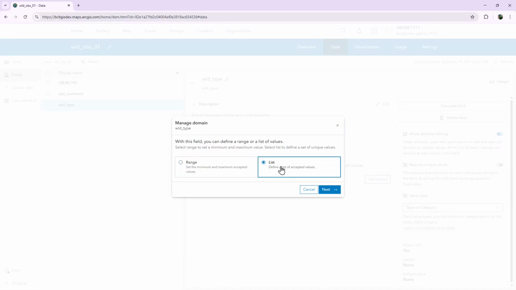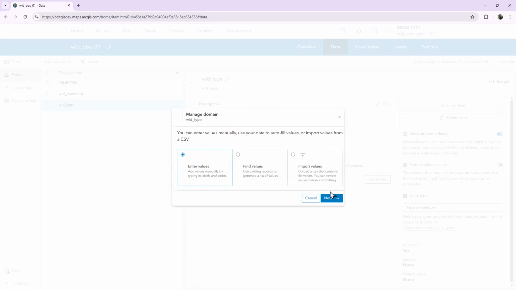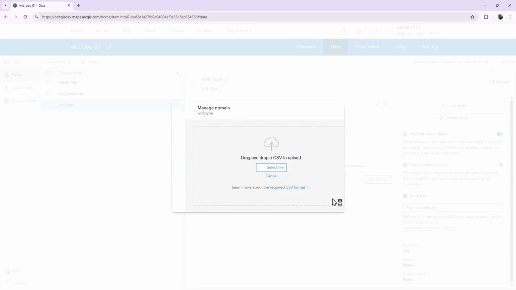So we want lists, or what we would call a coded value domain if we were on the desktop. In that, we're actually going to import them. I have a file ready to go. So the file